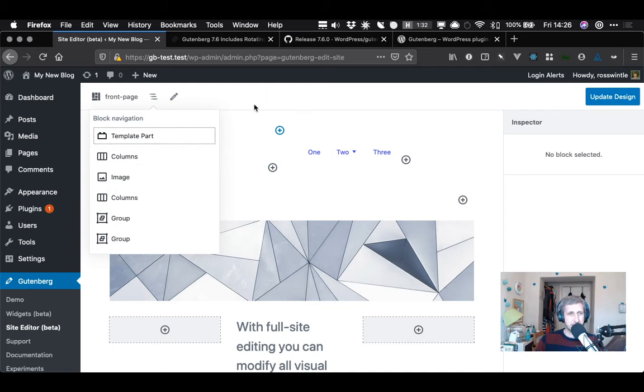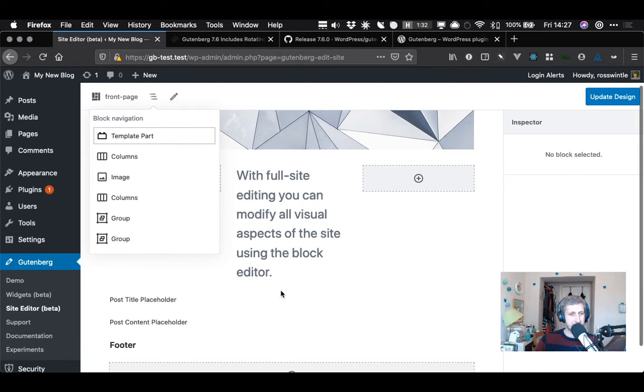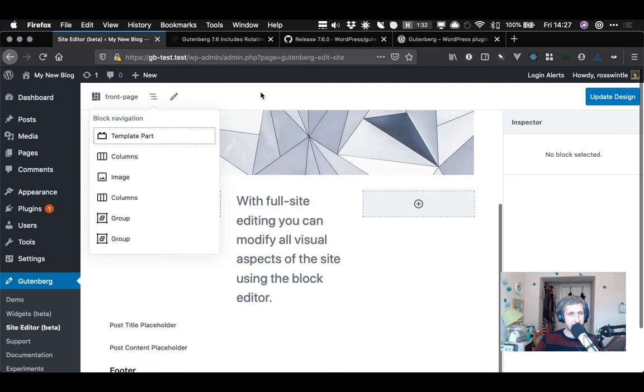What am I seeing here? Oh, okay, so this is my columns. This is my image. These are columns. And then I've got two group blocks down here: post title, post content, footer. Okay, so